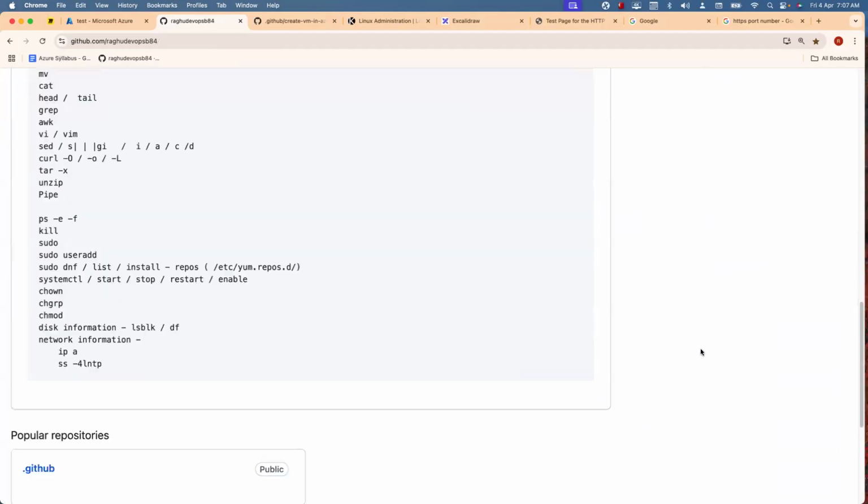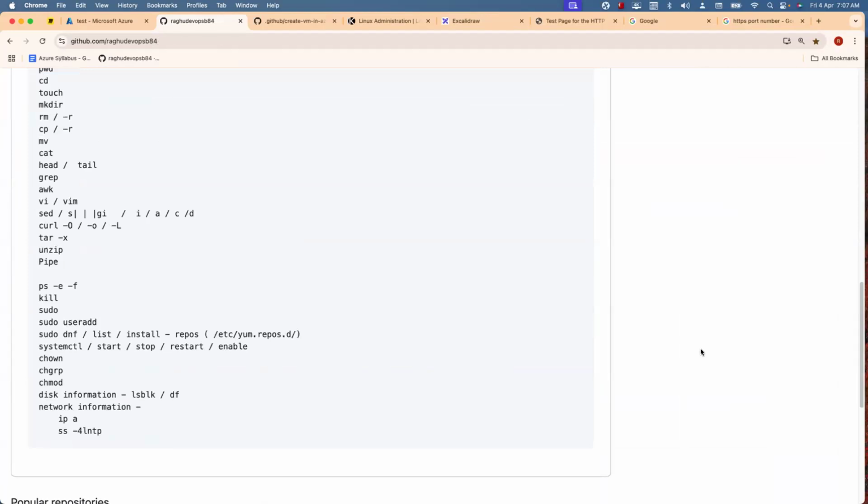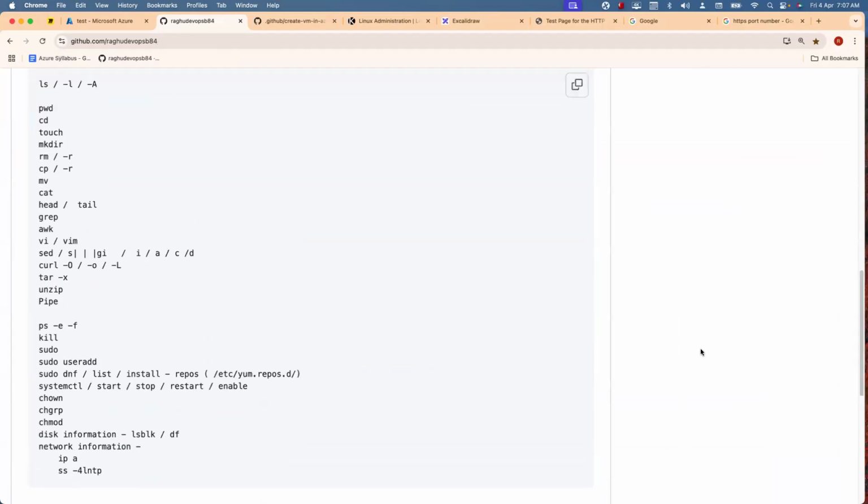Just added here for reference as well. So there are hardly less than 30 commands. We should be able to remember these. In, let's say, a couple of weeks, you should be able to comfortably remember these particular commands. Now, since we are aware of this, at least I know now how to deal